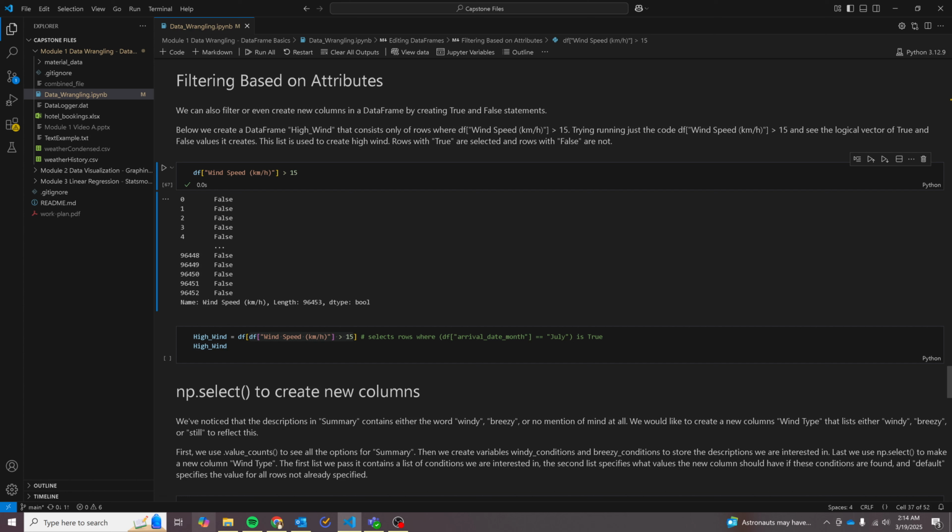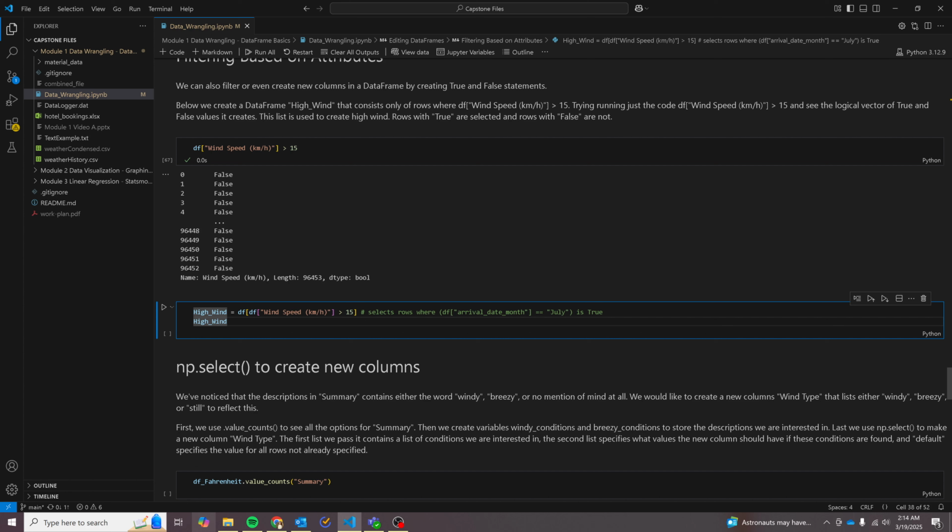So using this true-false vector, I can filter my data frame. What I'm doing here is creating a new data frame. I'm calling it high wind, and I'm saying I only want rows where the wind speed is greater than 15. By feeding this data frame this column of true and false values, it's only going to select the rows where this expression is true, and that is what is going to go into my, oh, that's old code there, that comment needs to be changed, but that's what's going to go into my new